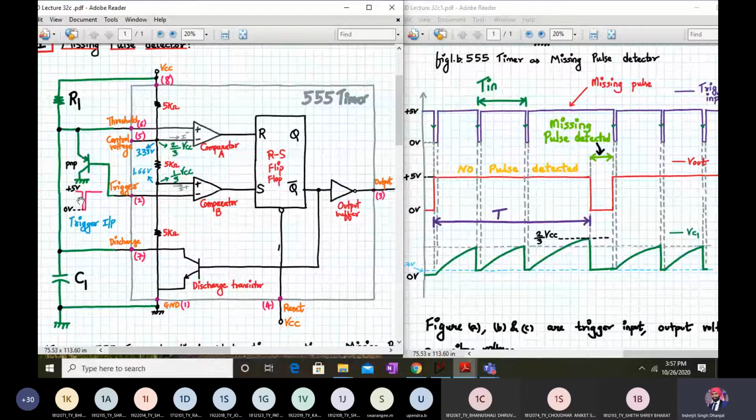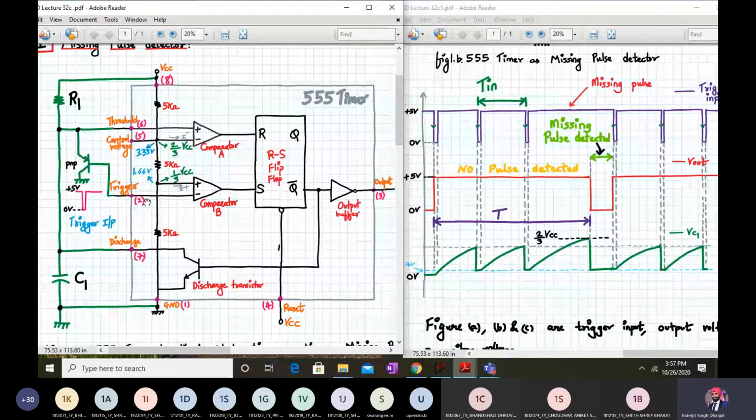Now you will say why 0.7? See the base emitter voltage over here. Here we have emitter and base. So the emitter base voltage is 0.7, na? It's acting as a short circuit now. If the transistor is on, it behaves as a 0.7 volt battery between the emitter and the base terminal. That means the capacitor will charge to 0.7 volts. So here you can see the capacitor voltage is charging from 0 to 0.7.